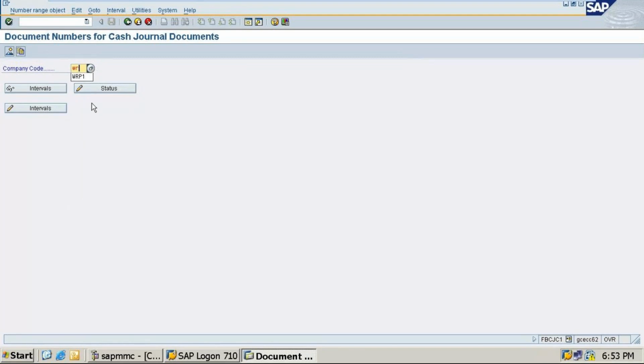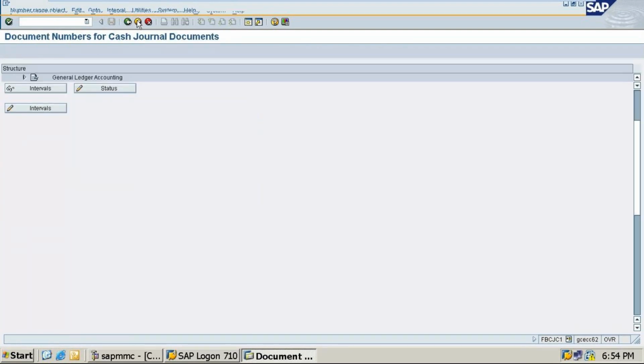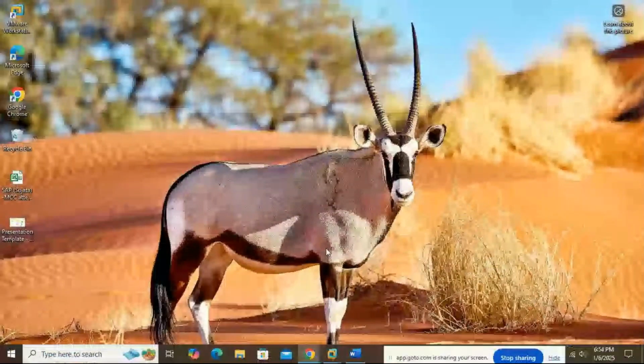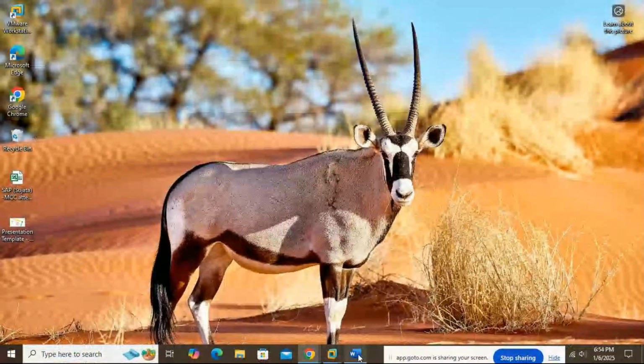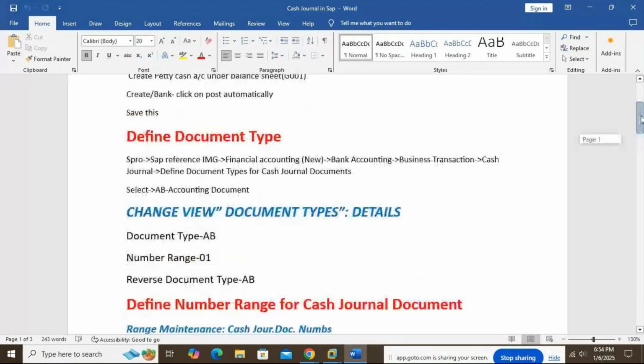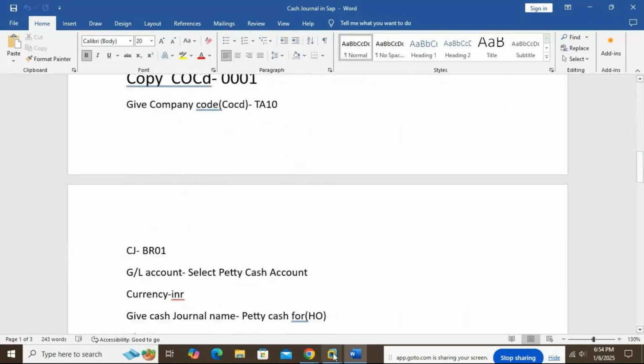I think this is required, or one second, I'll check it out. So this is display intervals. Press enter. So this is not required, students. We have done the define document types for cash journals, as it is displayed in the notes. I'll show you that once again. Yes, define number ranges for cash journals we did. After this, we have first document types, define document range for the cash journals, then set up cash journals.